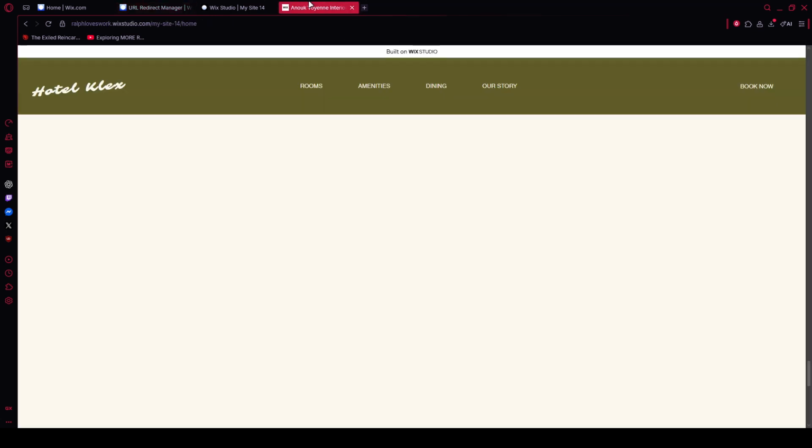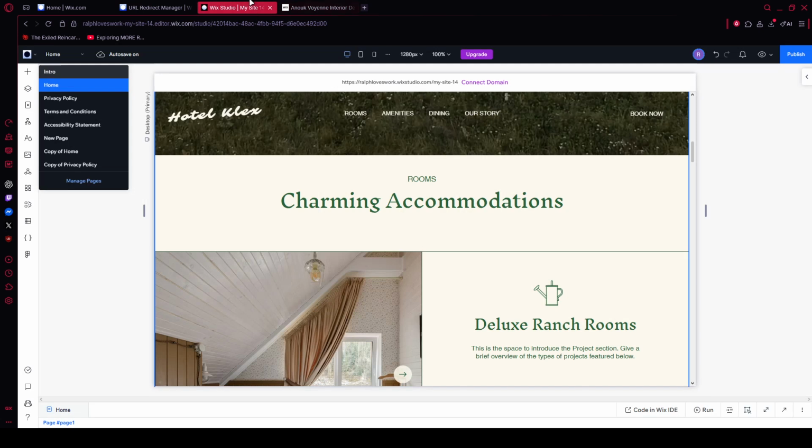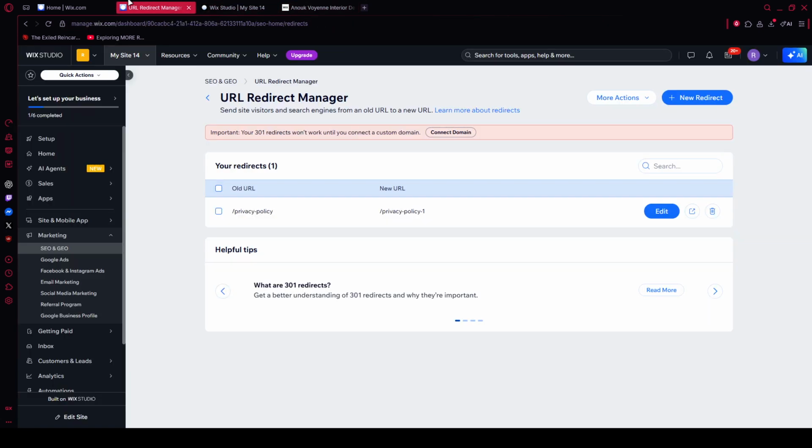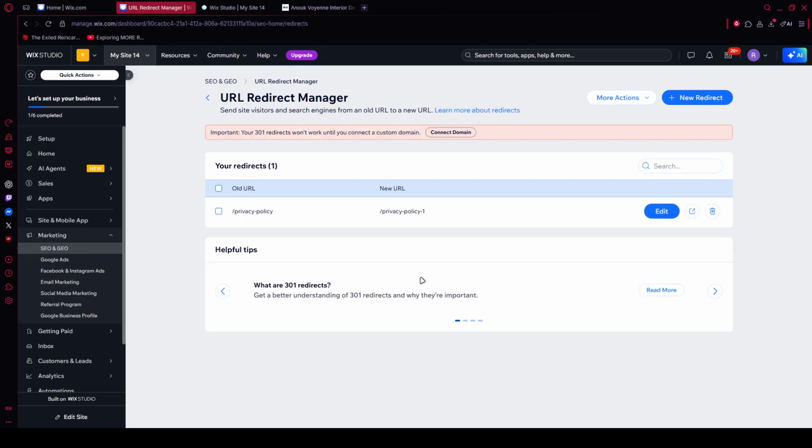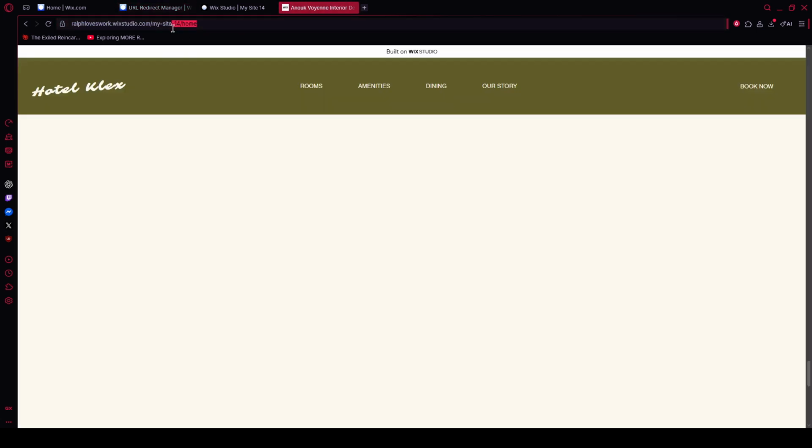When everything looks right, save your settings to apply the redirect immediately. After saving, test it by visiting the old URL in a private or incognito window to make sure it lands on the new destination. If anything changes later, you can return to the URL Redirect Manager at any time to edit or remove entries as your site structure evolves. Keep an eye on your analytics and error reports so you can catch any missed paths